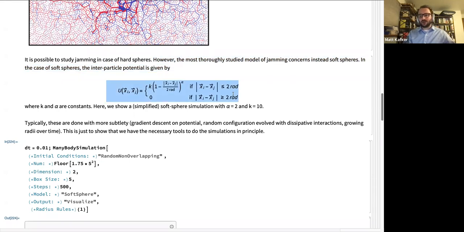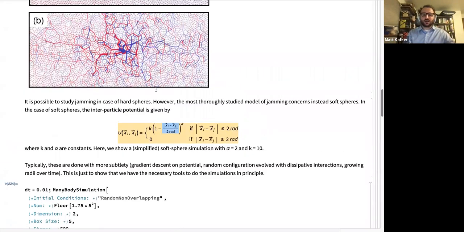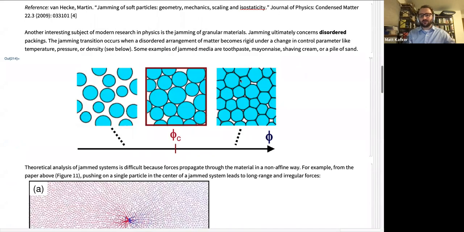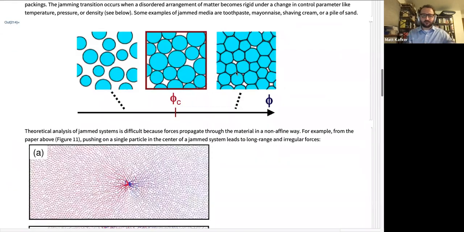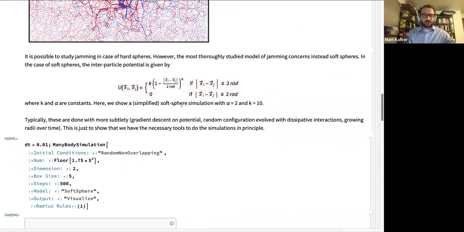So putting this into our particle simulation framework, this is our interparticle potential. Again, it's 0 if the particles are not overlapping, and if they are overlapping, there's some sort of restoring repulsive force that depends on the degree to which they overlap. So this is the separation between the centers of the particles over the radius, and the closer they are to one another, the larger this potential is going to be. And if you imagine that these are spherical particles that are overlapping with one another, there's going to be a lot of deformation. That's going to be a higher energy situation, so that's going to keep them constrained there. So that's the potential.